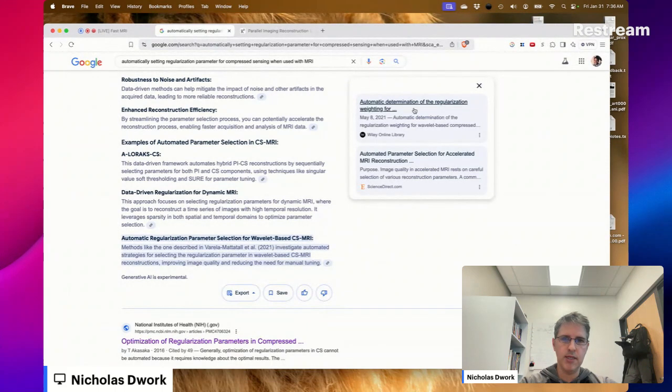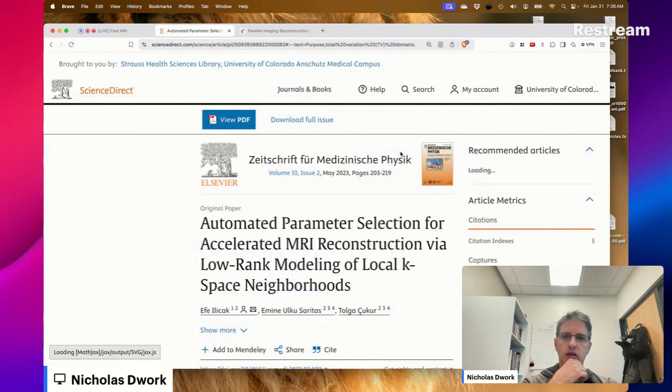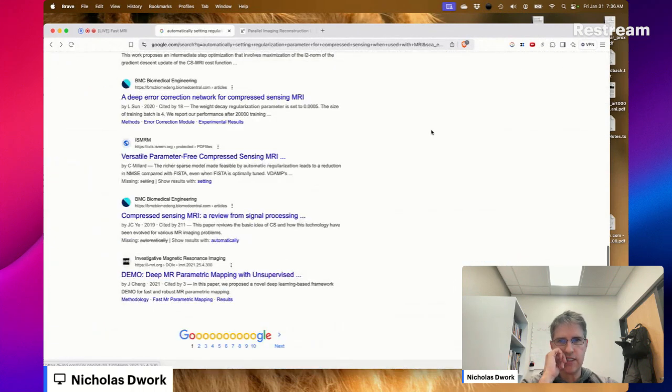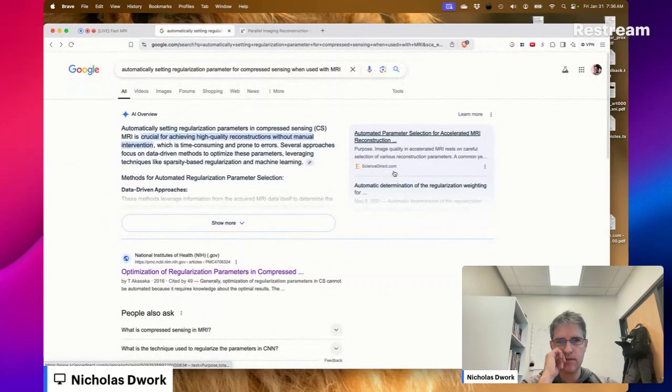AI is recommending the Varela paper. So they're doing it with LORAX, which has a different data consistency term. Yeah, so they're getting away with it.